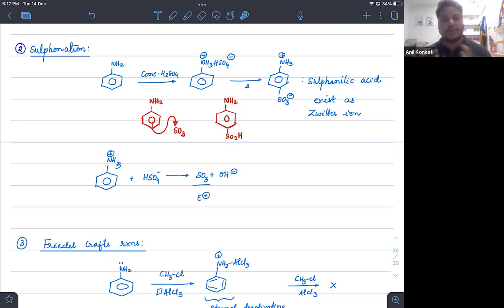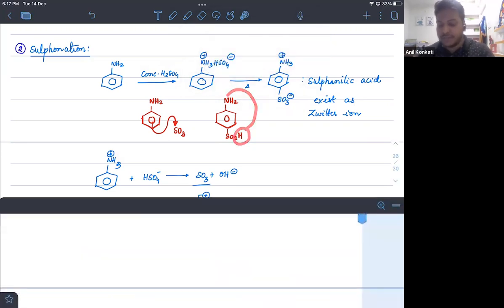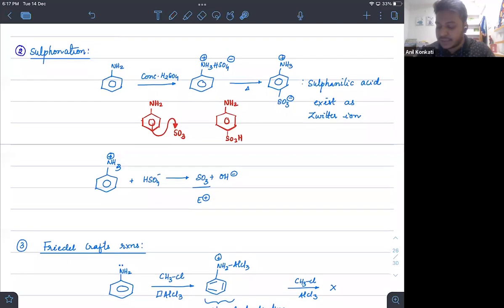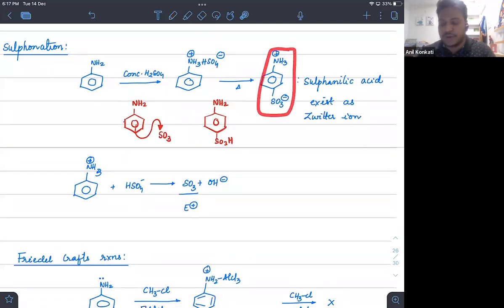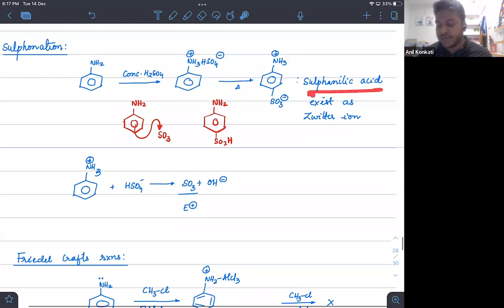You can see within the molecule, this is an acidic site, this is a basic site. See beta, within a molecule, if there is an acidic site and a basic site, there is always a movement of hydrogen, movement of proton there. So this hydrogen will be going towards this and makes a salt formation here. So within the molecule we will have positive and negative charge also. Such types of molecules are called Zwitter ions. So this is called sulfanilic acid, and sulfanilic acid exists like a Zwitter ion.